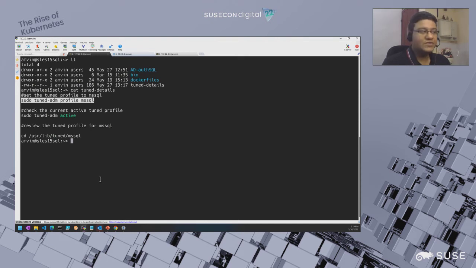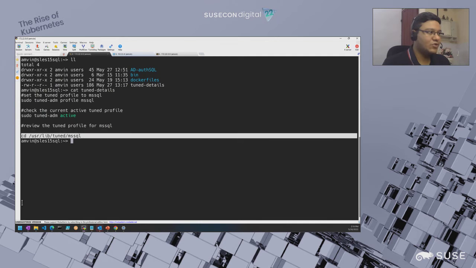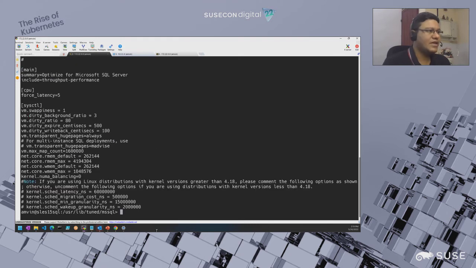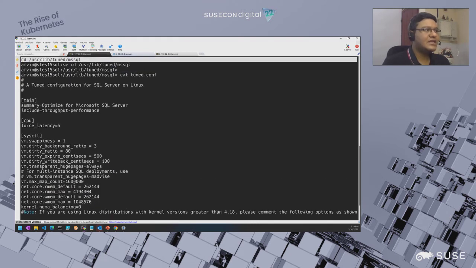So what you have to do is first you have to edit this TuneD config for MS SQL and edit it with the settings that are shown here. So let me go ahead and show that to you over here. So if I just do a tuned config, this is basically the setting or the configuration that you should be using for SQL Server running on Linux, including SLES-15.